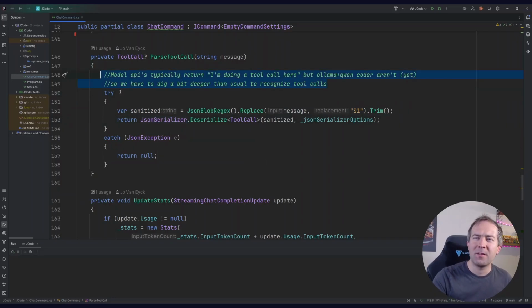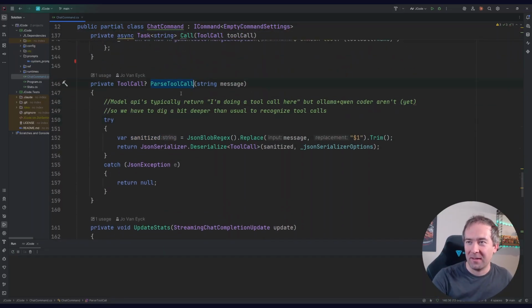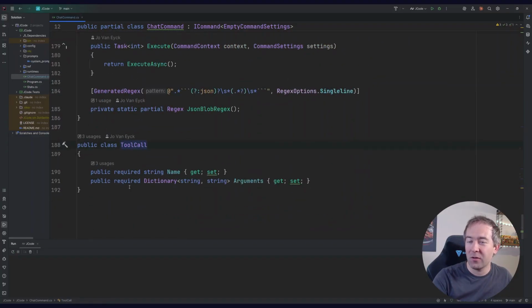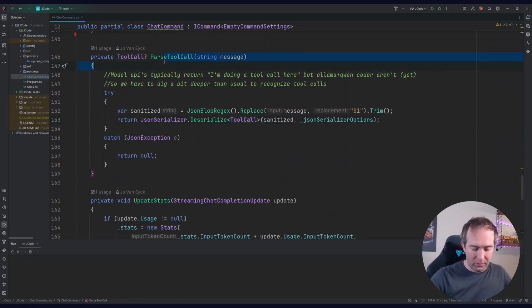That's not actually how tool calling works in most models and most clients, but it is with the model I'm using and Ollama, the model provider I'm using. So there are better ways, if you're building your own coding agent, than trying to parse JSON, basically. But it works for this demo, so that's why I'm going with it. So yeah, this is where we're parsing JSON to see whether or not it's a tool call. And just as we did in our ChatGPT demo, it's just the name of the tool and some arguments if that's relevant. And then when we have our tool call parsed,